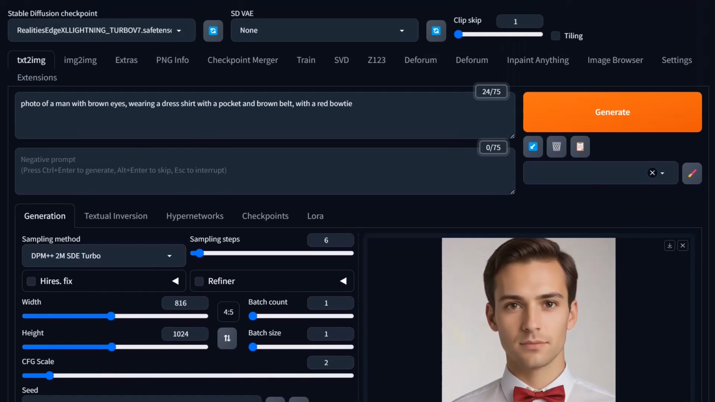Photo of a man with brown eyes. Okay, so we're pulling back enough. I'm not going to worry too much about this. Get rid of the comma, wearing a dress shirt with a pocket and brown belt. Let's get rid of this right here. I want the red tie in there, but I'm going to change where it's at. With a pocket and red bow tie